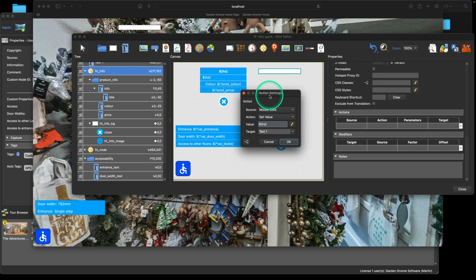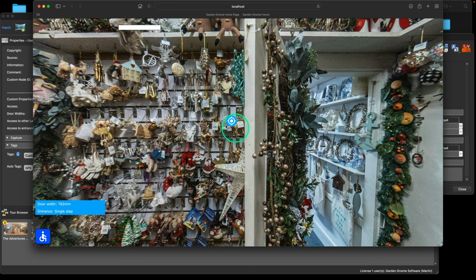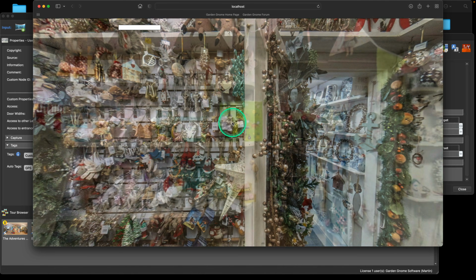So let's just follow this through. All right. Mouse click. We're going to set a value. The value is going to be this hotspot title, and we're going to set it to text box 1, which is the name of this text box at the top here. All right. So let's just have a look and see what this does. So now when I hover over it, obviously nothing's going to happen because there's no placeholder in there. But when I click it,